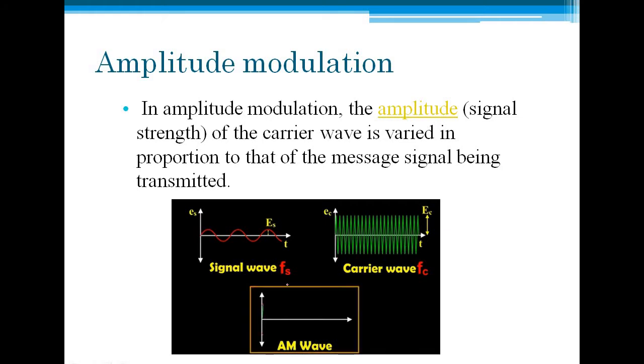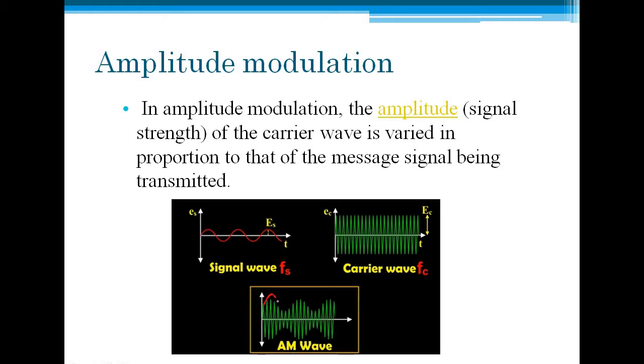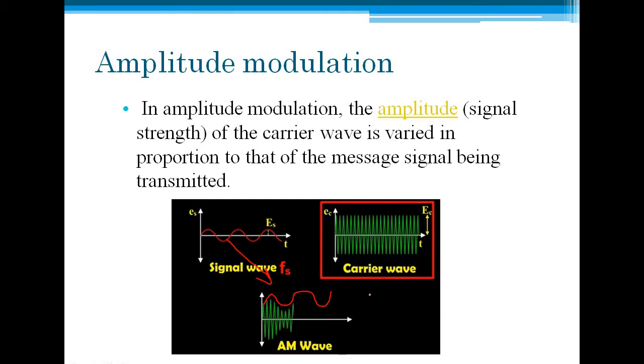Let me discuss this again. This is your carrier wave, this one is your input signal, and if you observe, the carrier wave frequency is greater than the frequency of the modulating signal, and here the amplitude is not constant, it is changing. The amplitude is increasing and decreasing, and this change is in accordance with the amplitude of the modulating signal. So this is how we get an AM signal. Whenever the word AM comes, there is a change in amplitude only.